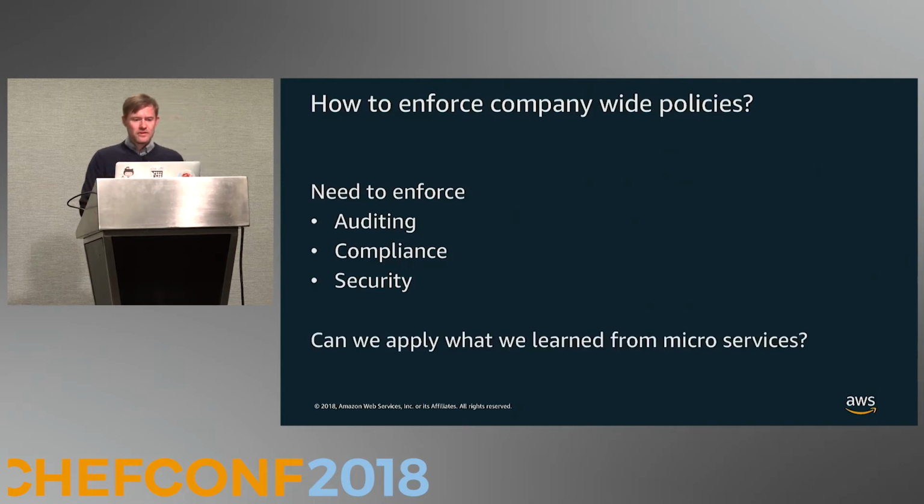So how can we apply what we learned from something that everyone hopefully adopted already, which is building microservices? We all know that what we do right now is just software development, and it turns out to be, in the end, some infrastructure that we run. But developing Chef cookbooks is not different from building software. And if we distribute the software and how to run it, this looks very much like microservices. And the good thing is